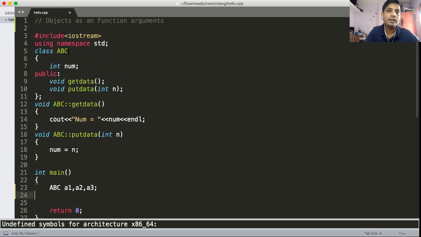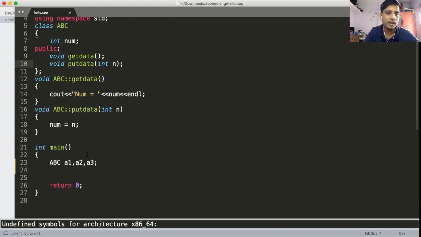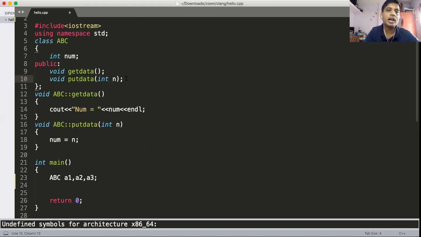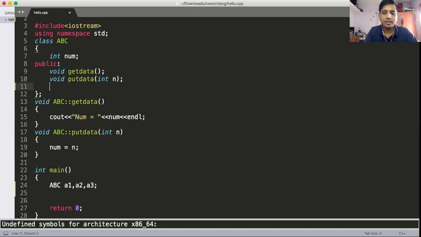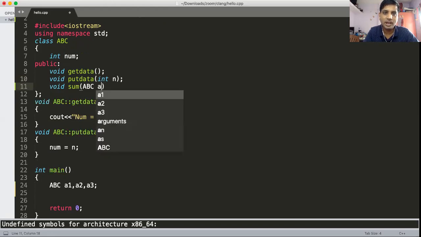For example, there is one class named ABC, which is taking one num variable, with get data and put data functions. The same thing I am explaining here, but I am adding one function. Just like, for example, I'm making a sum function, which is taking objects of the ABC class itself: ABC A, comma ABC B.